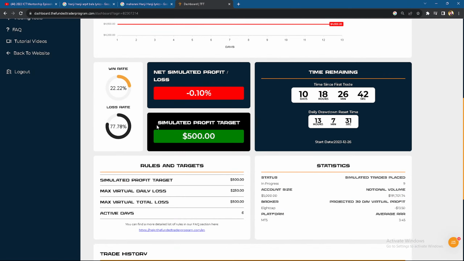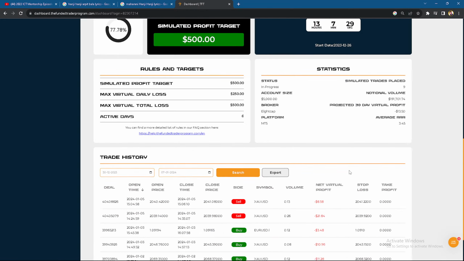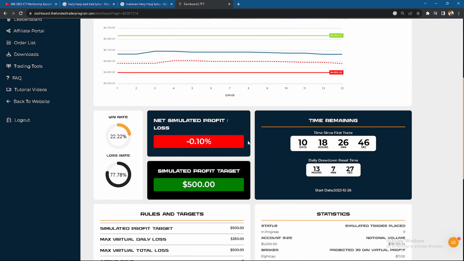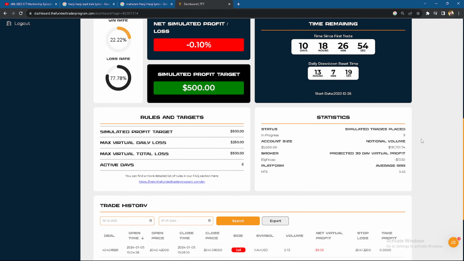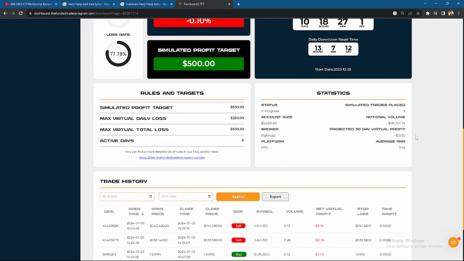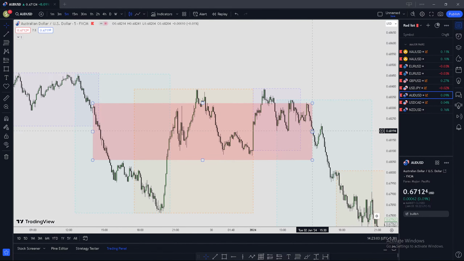My risk management is decent enough, so that's why I'm not in a drawdown as of now. My simulated profit is -10%. I'm still around break even after 6 to 7 consecutive losing trades. That's a good thing. So that's why I thought that this weekend I'll be backtesting and work on my accuracy. I want to see why my accuracy is getting bad. What's the matter? Let's see what we'll be able to find out.